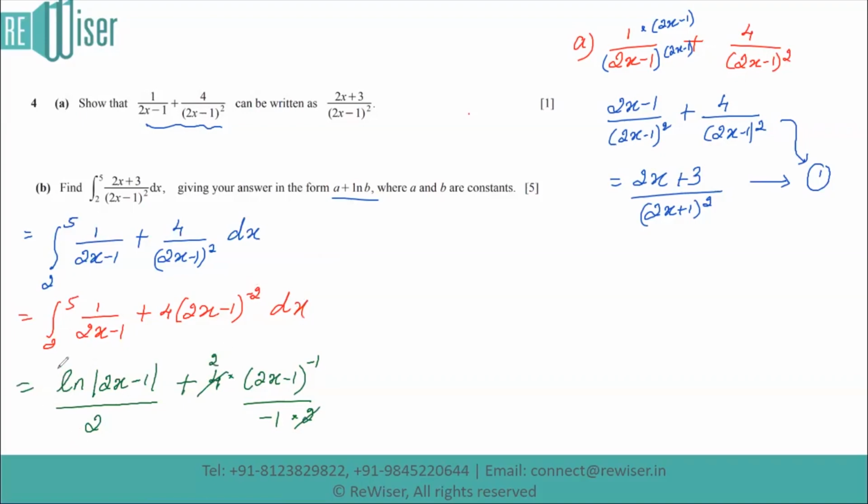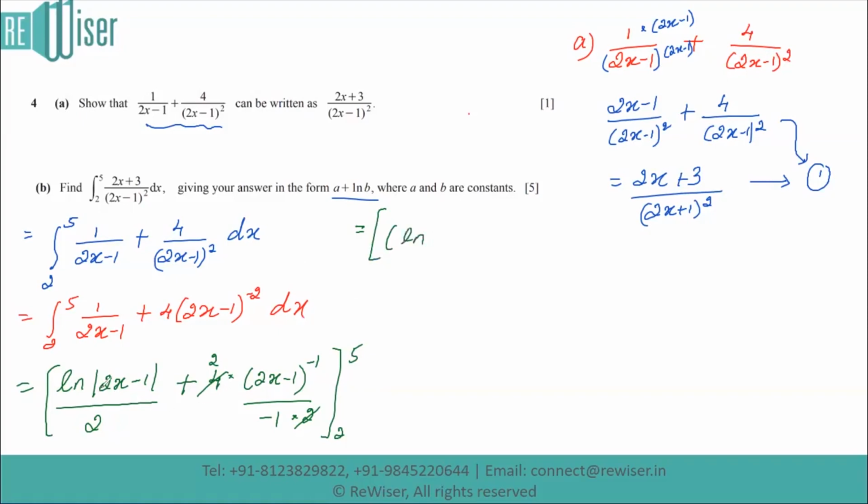Okay, and we need to apply the limits here, which is 2 to 5. And whenever we think about applying the limits, we should always apply the upper limit first, then the lower limit. So when I apply the upper limit, which means in place of x, I have to substitute 5. So that's going to give us